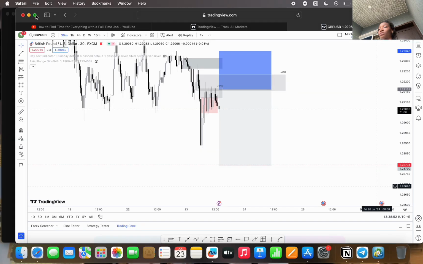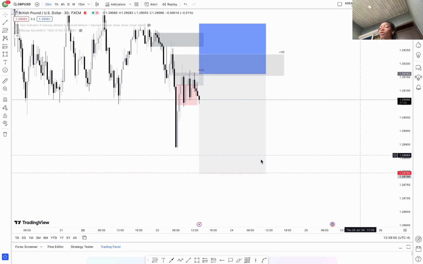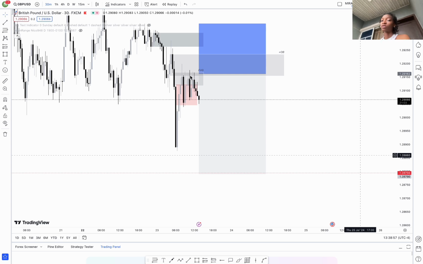Look how many times price consolidated at my entry. But still, that thing I usually say, the body will tell you the story, the candle, the